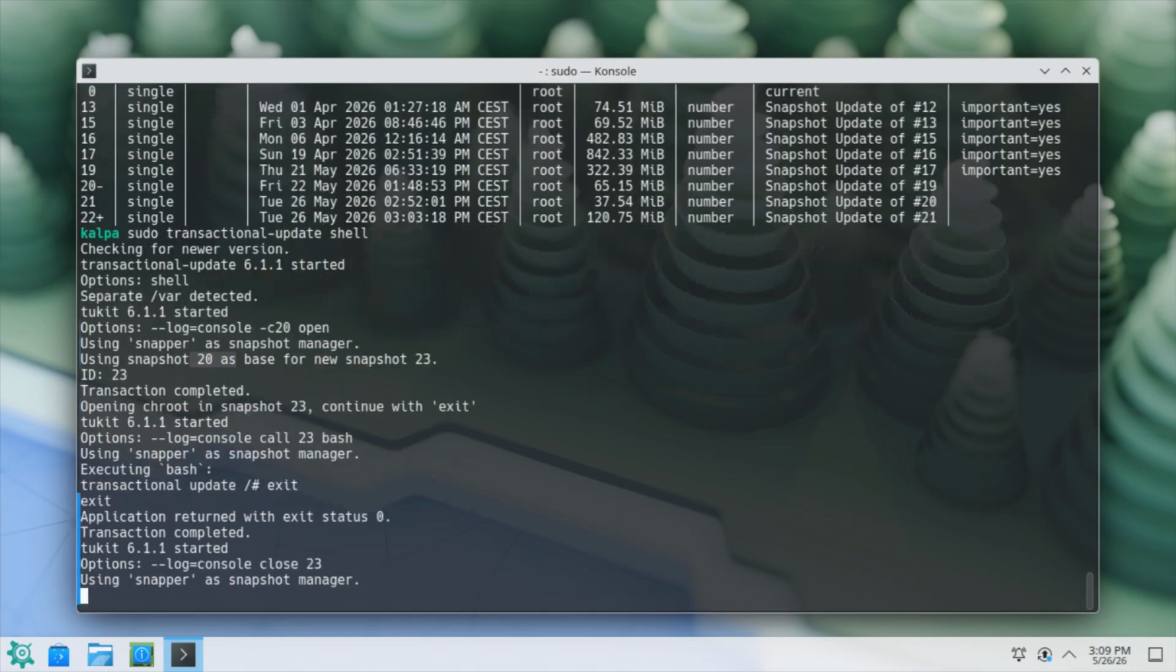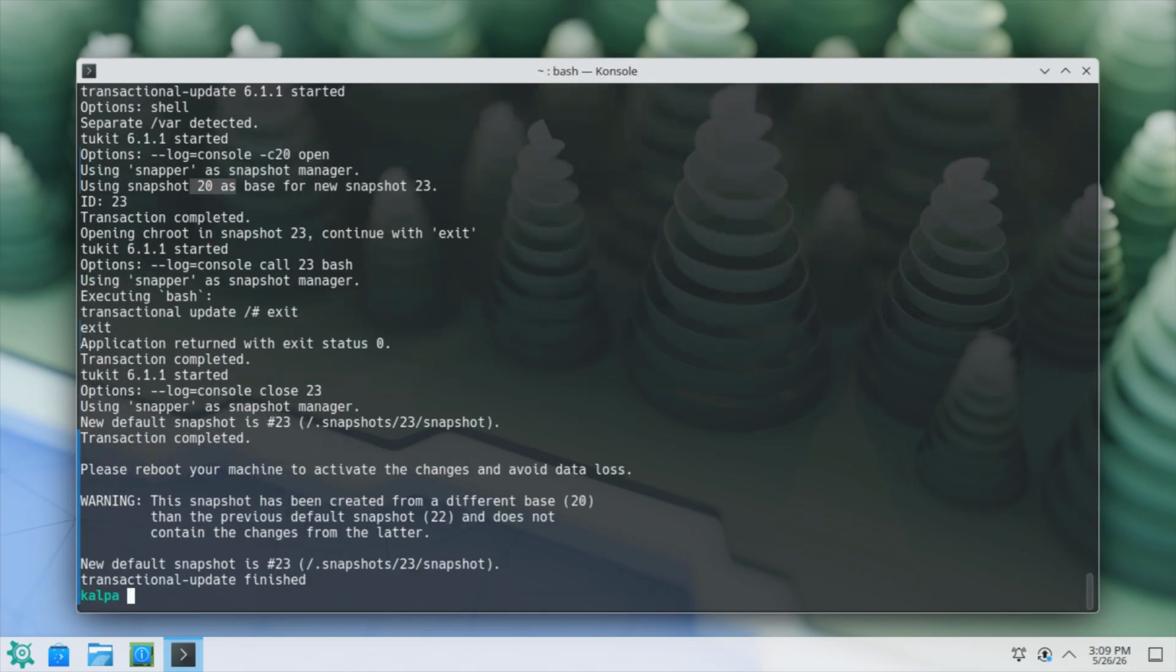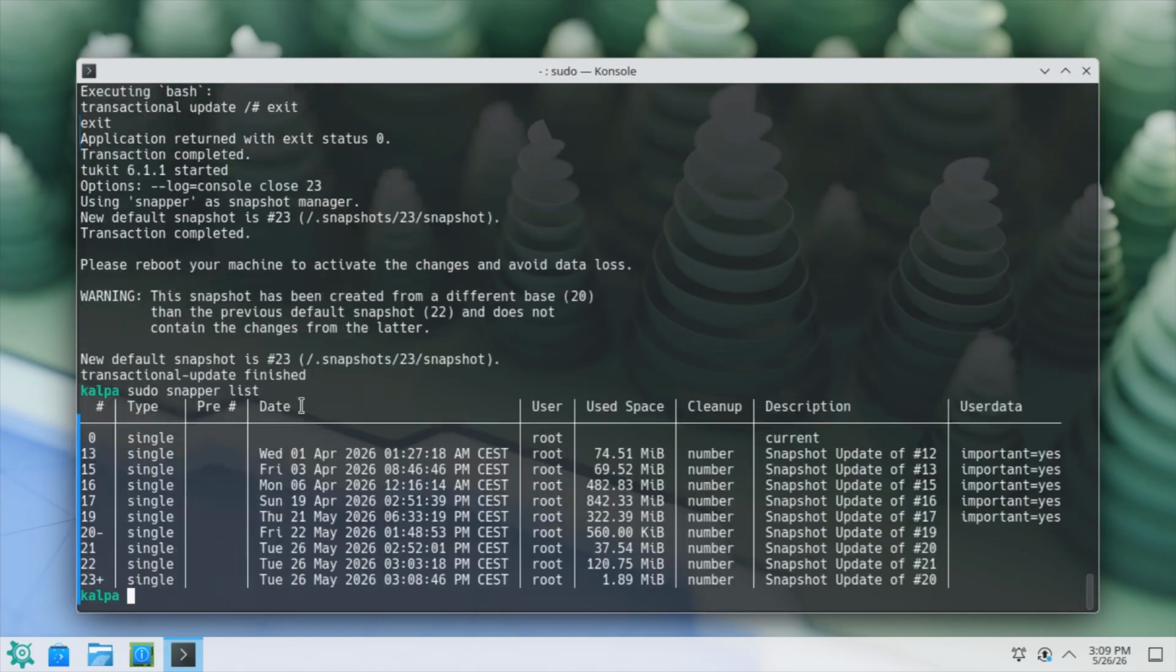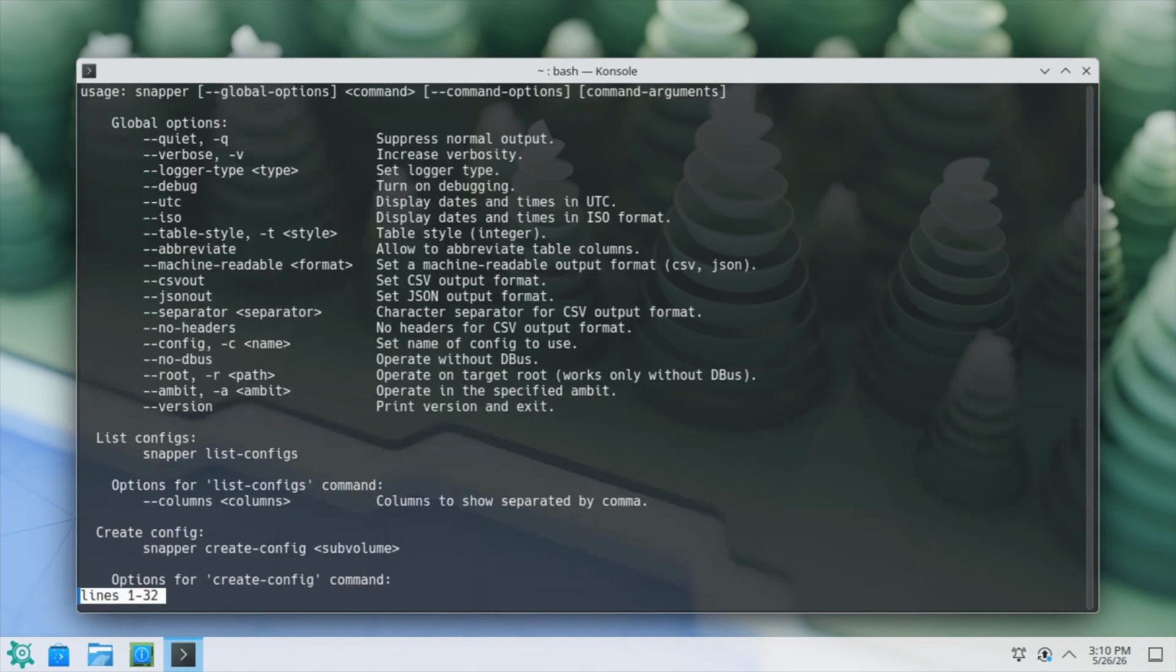In this case, I do nothing, close this, and then list. And now we see we have again a new snapshot from 20. And this is what we don't want. But this is now marked as default, okay? So there's also an option to set the default snapshot with sudo snapper. In this case, we want to set snapshot 22 as the new default. How to do it? --help, pipe into less, and then